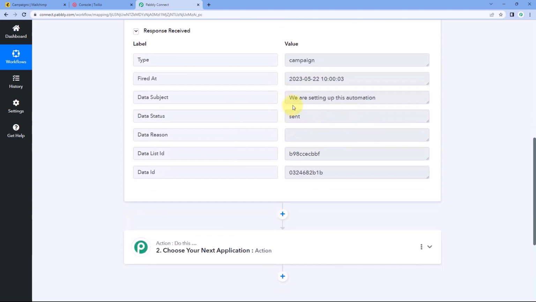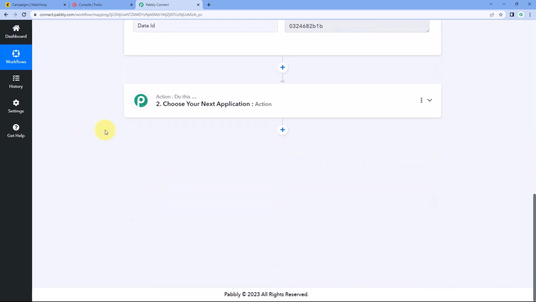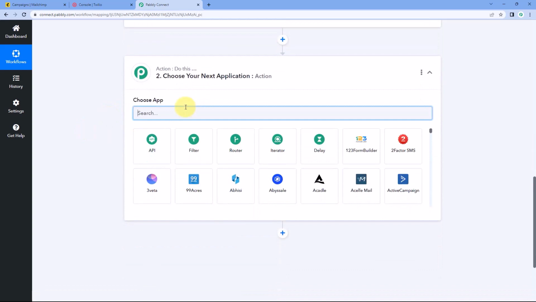And in step 2, we want to get an SMS notification on our number whenever this campaign is created and sent from our Mailchimp account by our team members. I have a dedicated marketing and sales team who are managing my Mailchimp account, and I want that whenever they send an email or create a new campaign and send an email to my customers, I get a notification. So for that, we will just scroll down, come to our action window, and here in Choose App,